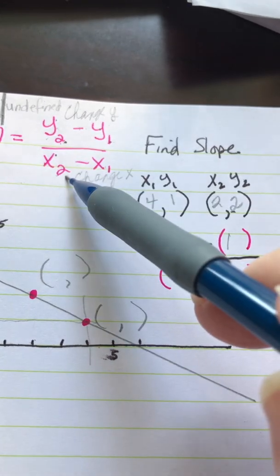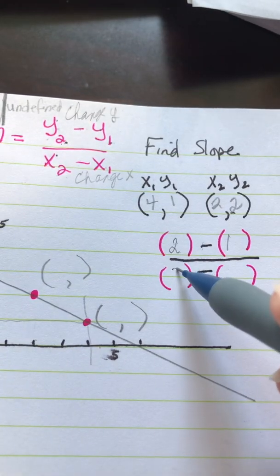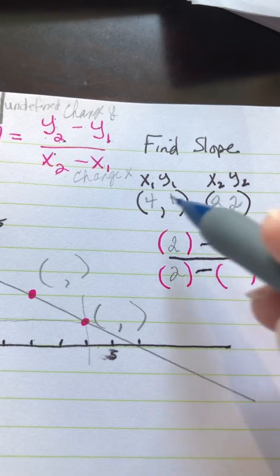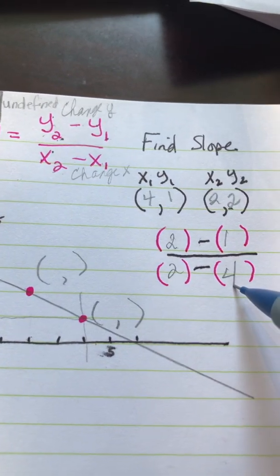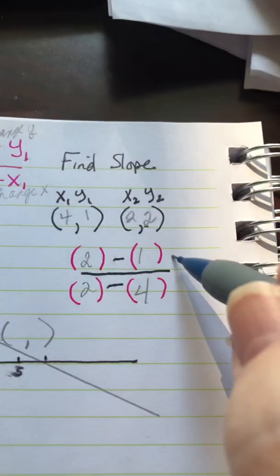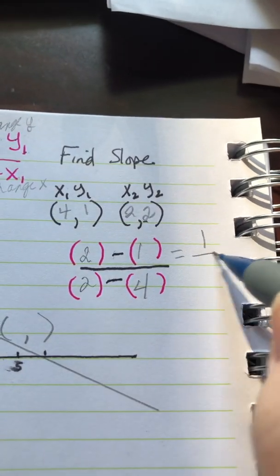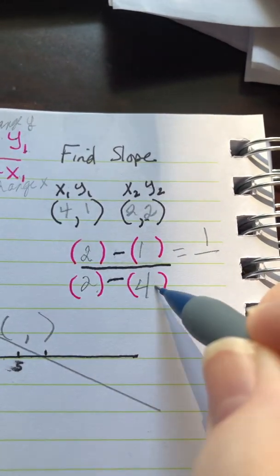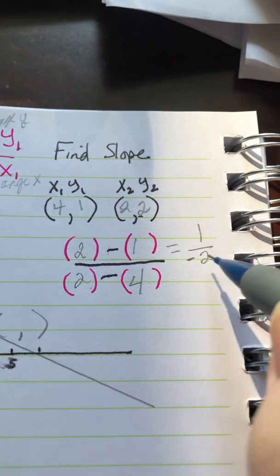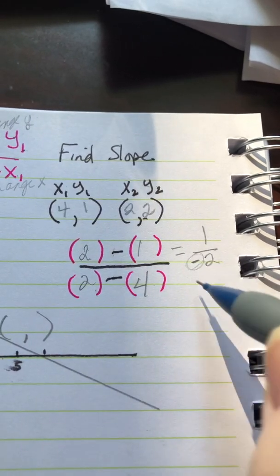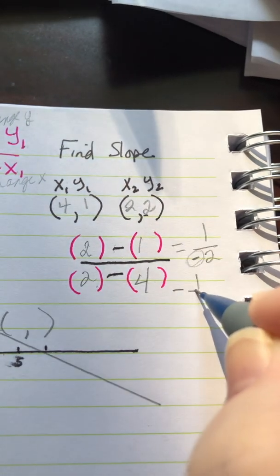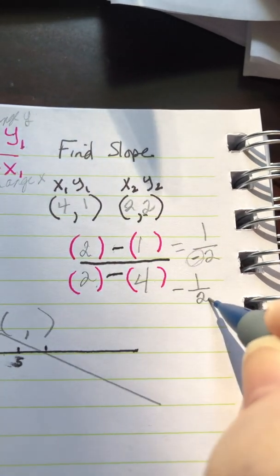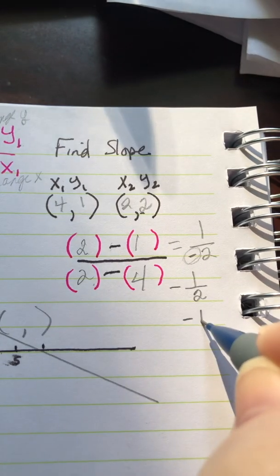And then on the bottom, the x from the second set, right there, and subtract the x from the first set. And so just do the math, and 2 minus 1, of course, is 1, and 2 minus 4 is a negative 2. Now, we can't leave this negative in the denominator of a fraction, so if we wrote it off to the side, that means the same thing, and if we put it just onto the top number, it